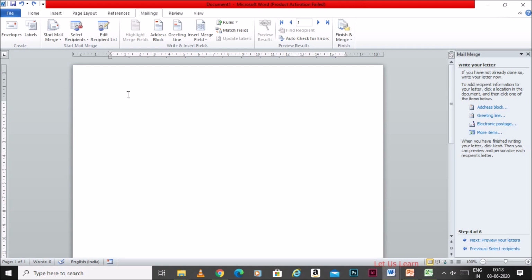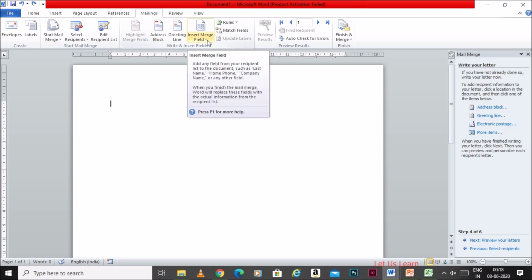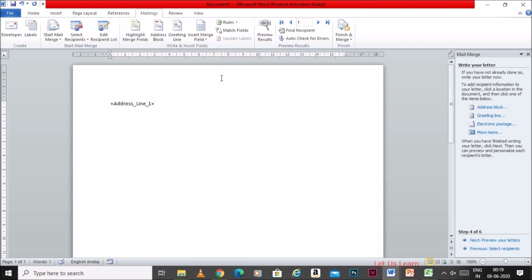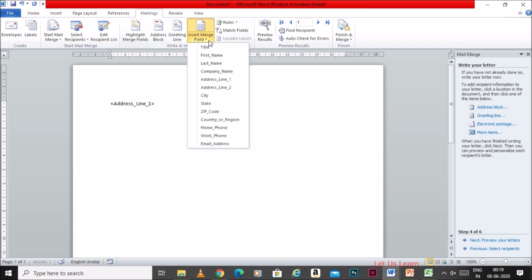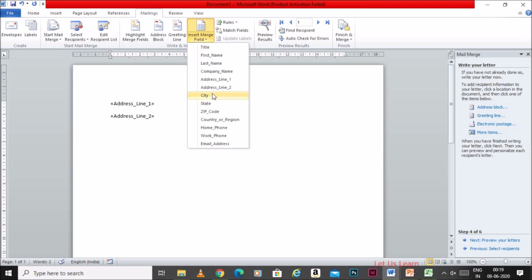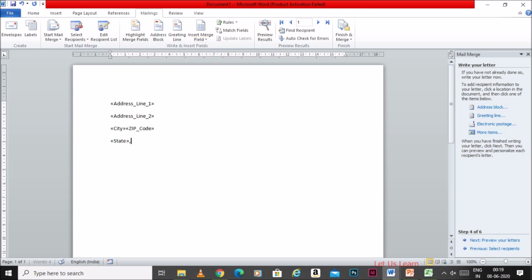Okay, the first thing in the letter is you have to write the address, right? For that you go to Insert Merge Field. Whatever you typed in the data source, that particular field will appear here. I'm going to choose address line 1 and press enter. Next one is address line 2, enter, and city, near to that I want the zip code, and the next line will be the state, comma,